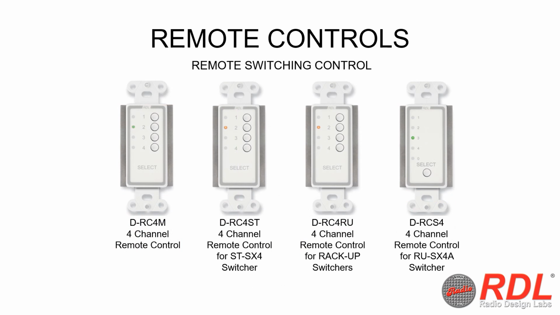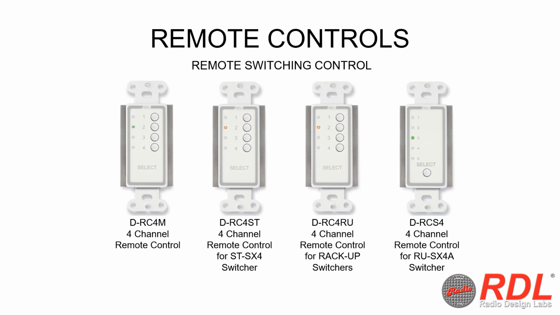And last, we have remote switching or channel selection. These are essentially remote panels that duplicate the push buttons or similar controls of a switcher. These remote controls allow you to select between multiple audio sources. The DRC4M is a 4-channel remote control designed to provide source selection at a single or multiple locations. Up to 10 units can be wired together. It has 4 LED indicators that brighten momentarily when a button is pushed, then dim their intensity to avoid being